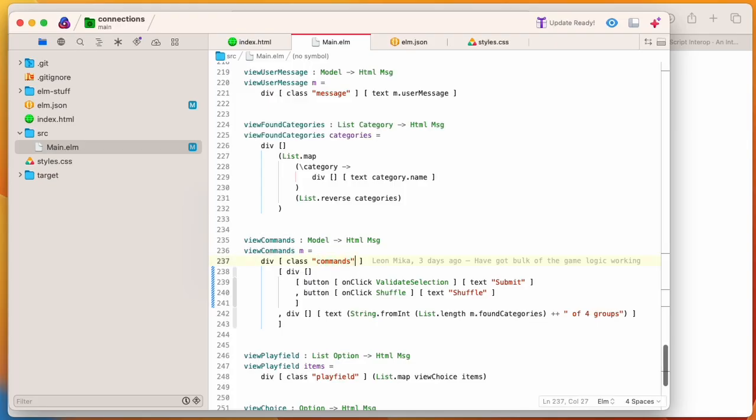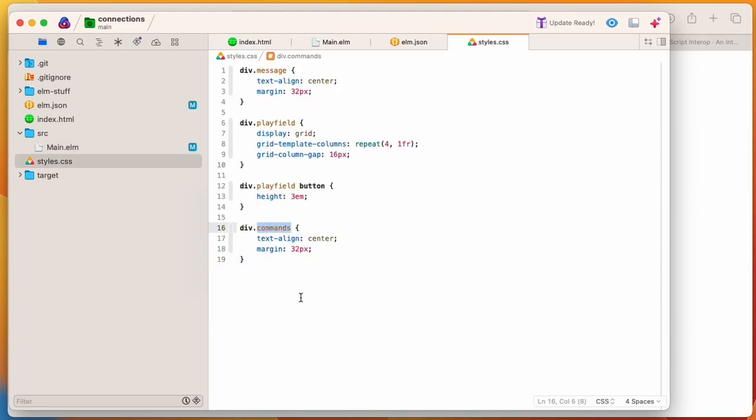Okay, I'll rename this. I'll call this bottom bar and this commands. That's more correct because the commands are actually the buttons. Bottom bar can be there. And div class commands button